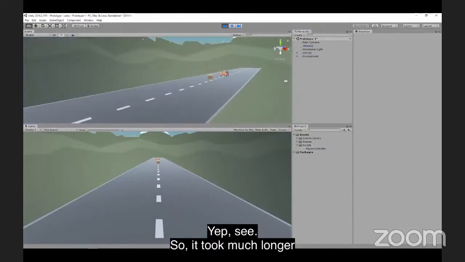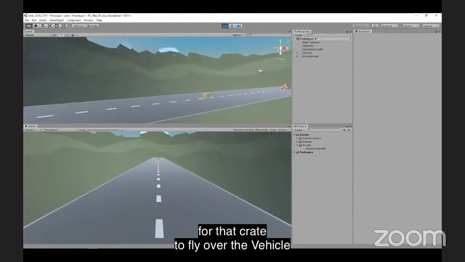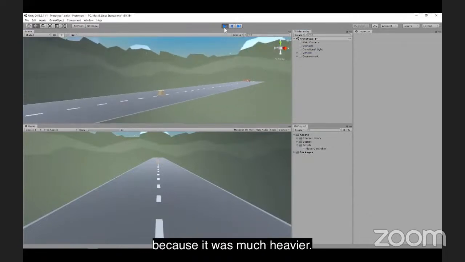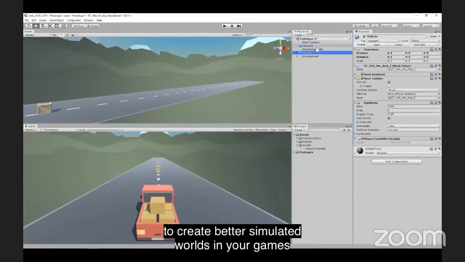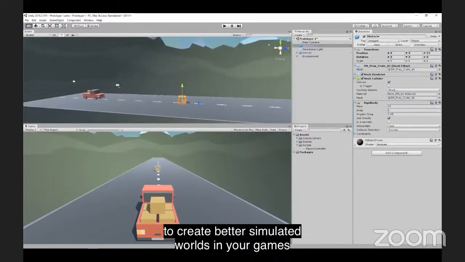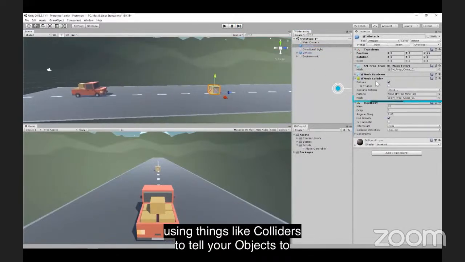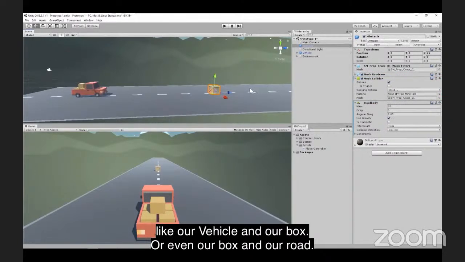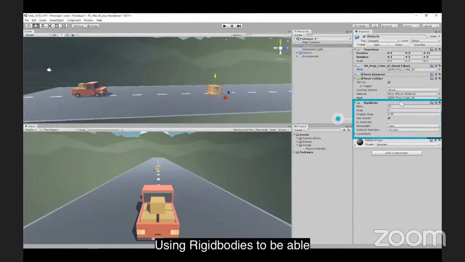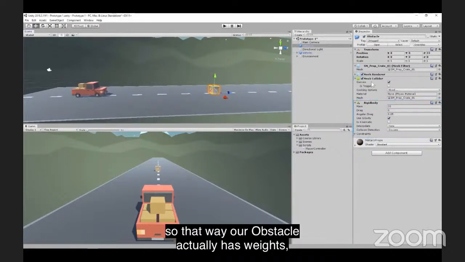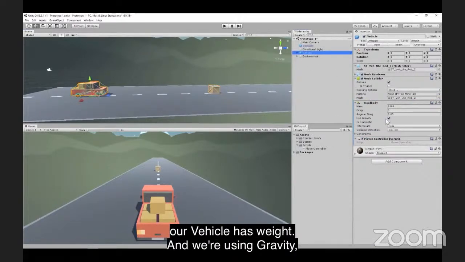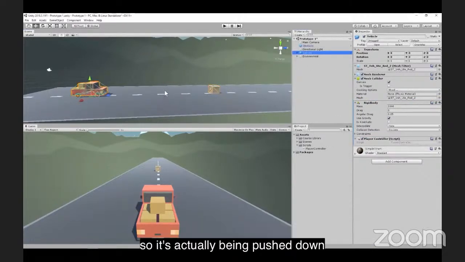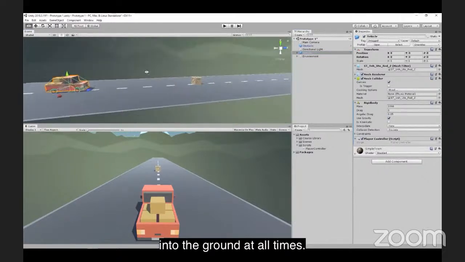Yep, see? So it took much longer for that crate to fly over the vehicle because it was much heavier. So, fun little things you can do to create better simulated worlds in your games using things like colliders to tell your objects to know when they've collided with something like our vehicle and our box, or even our box and our road. Using rigid bodies to be able to create physics on our objects, so that way our obstacle actually has weight, our vehicle has weight,